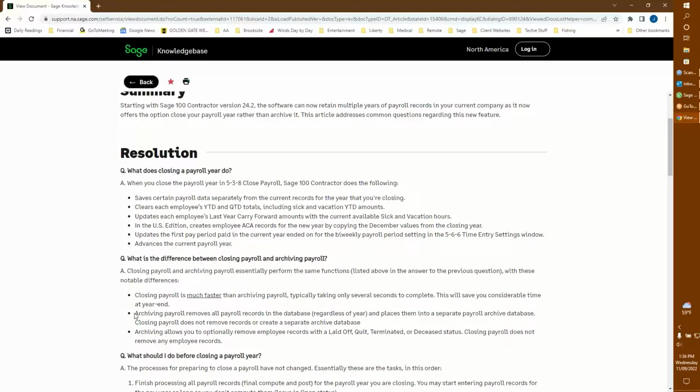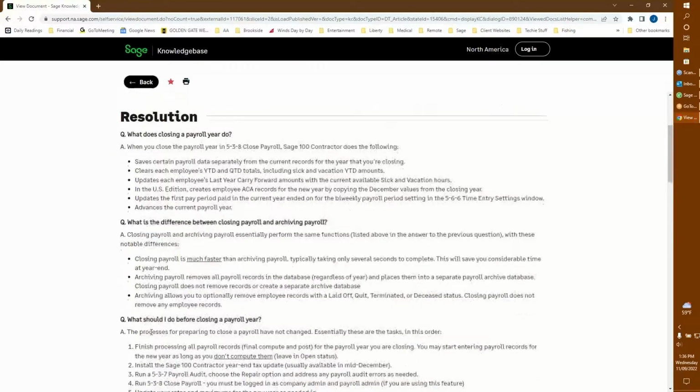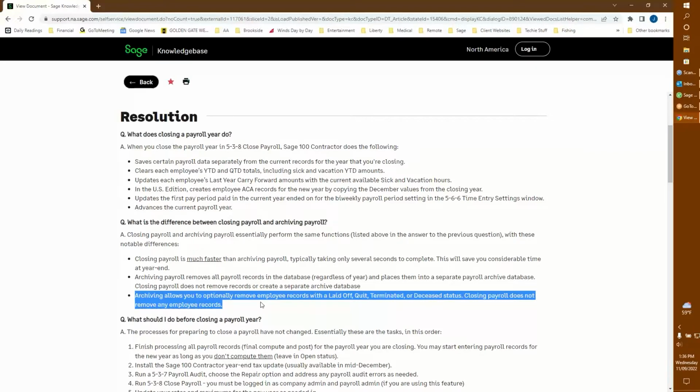If you had 4 years in, it would take the oldest year and just remove all those records. Archiving also allows you to remove employee records for those laid off, quit, terminated, etc., which we were able to do.